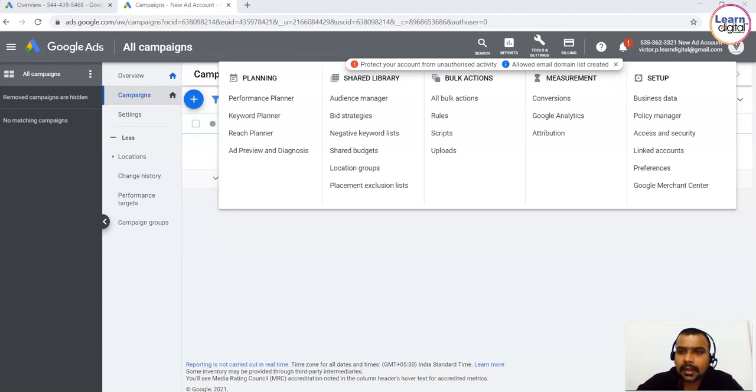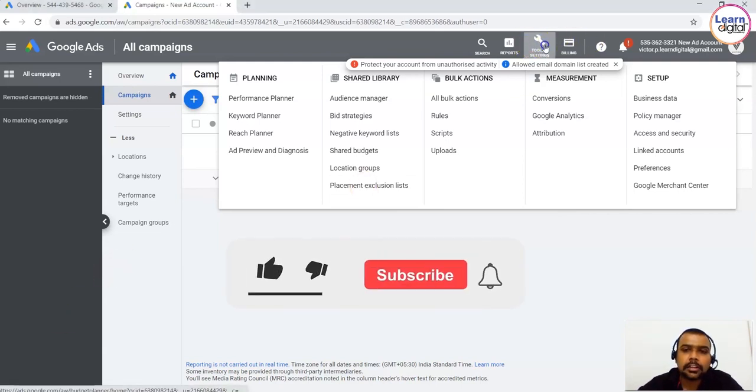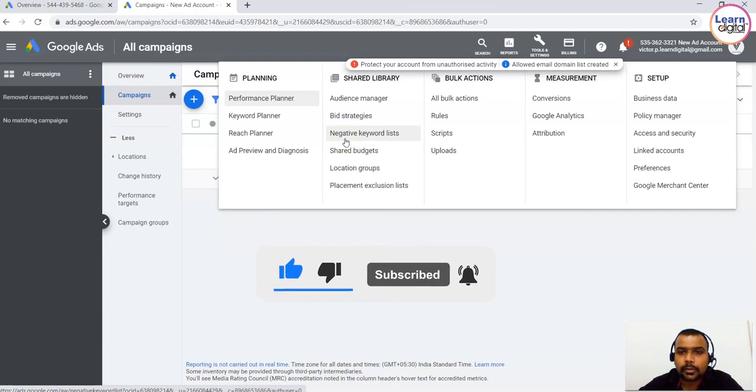So under preferences, I can change my account ID, basic information about my account and other details. Then at last we have Google Merchant Center, where we can integrate our account with the Google Merchant Center for creating a shopping campaign. So that's an overview of the dashboard. Once we are doing practically, we'll be getting into deeper understanding, one by one. Whenever it is necessary, we'll be using a particular tool. All you need to do is click on tools and settings at the top. You'll be getting this list over here. So whichever tool you want to utilize, you can utilize them.